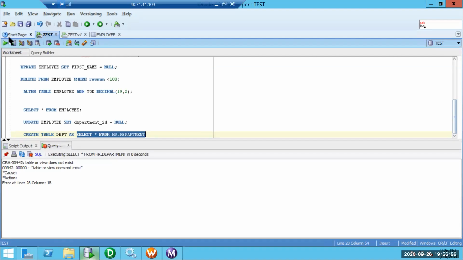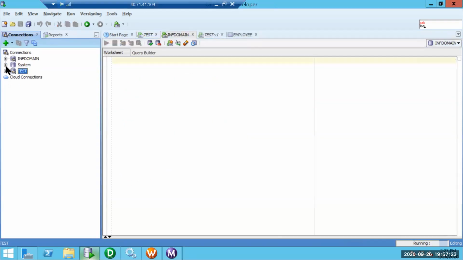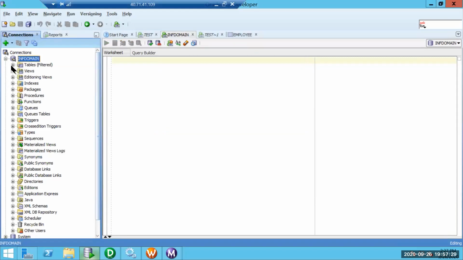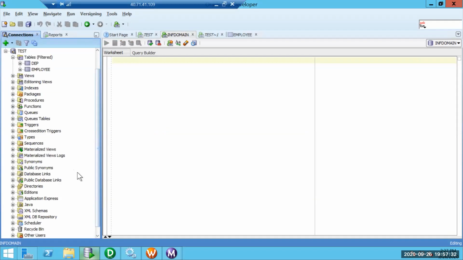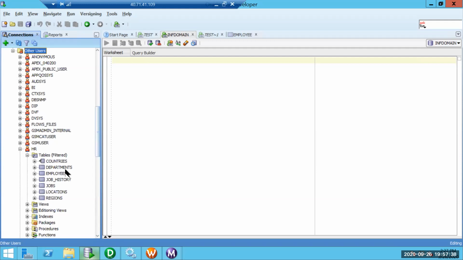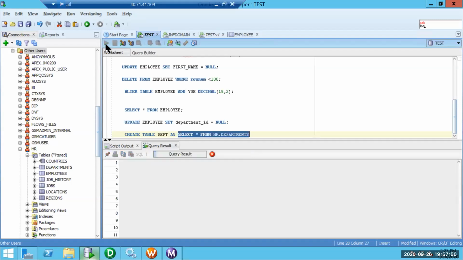From the HR user's departments table, I'm trying to retrieve the data and store it in the DEPT table.